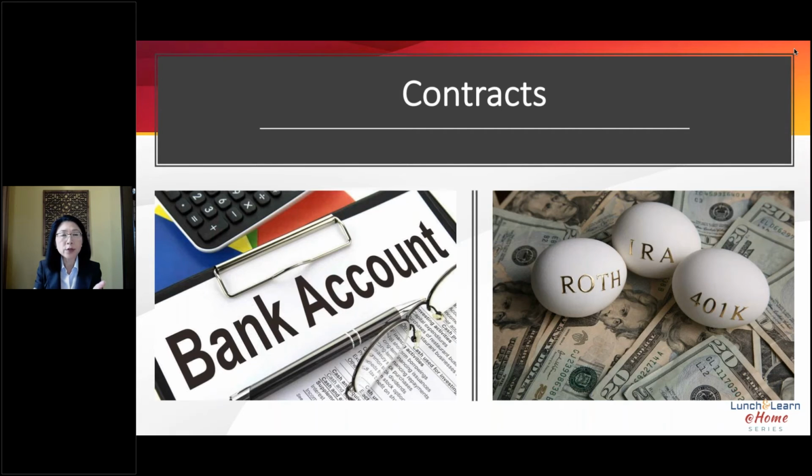But what you want to do is to name a payable on death beneficiary on the bank account. So that way, if something happens to you, that account will not be frozen. It will go to the named beneficiary. Just make sure you tell that person you have named him or her as a beneficiary. Otherwise, the bank is not going to reach out to your beneficiary to inform them.